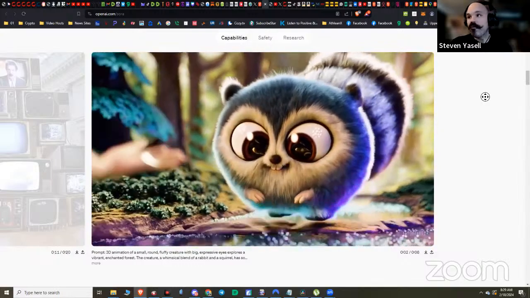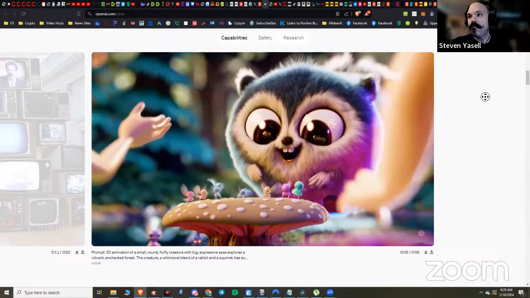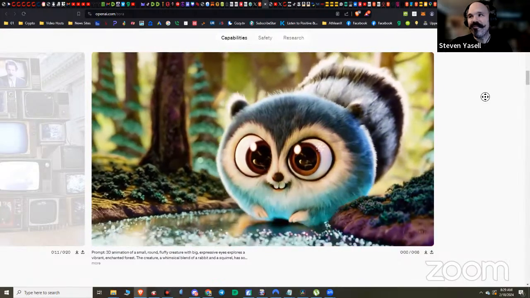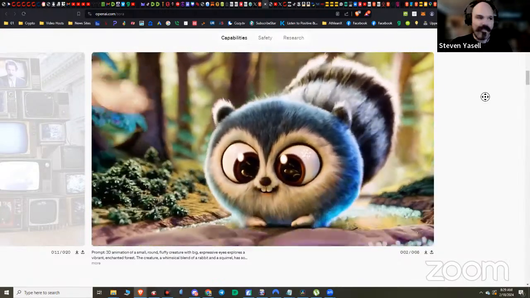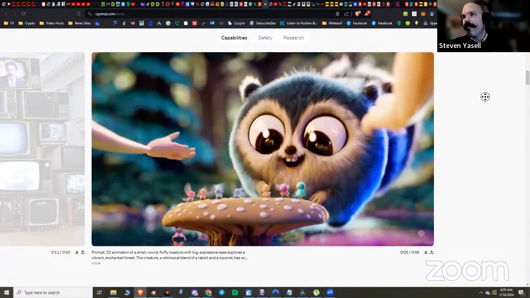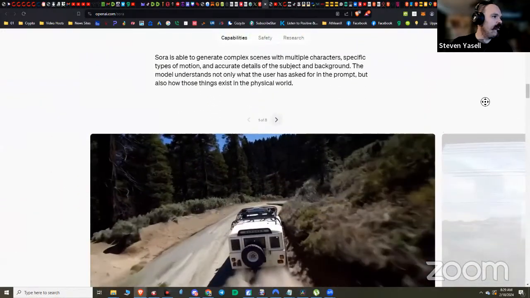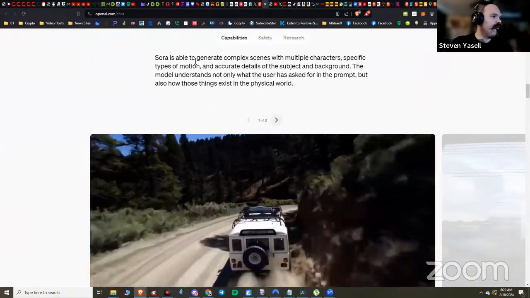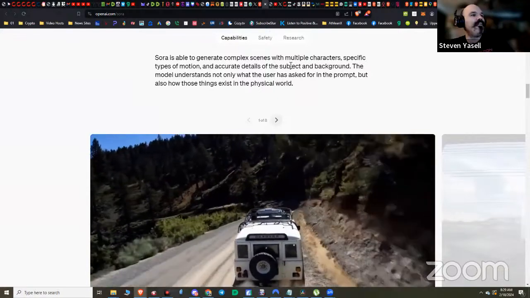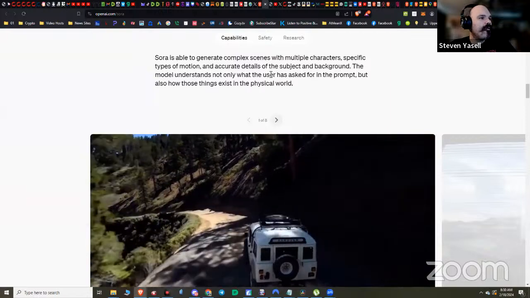You could have a preschooler say, I want to see a TV show about a talking cookie with friends from the kitchen. And this program might even generate that. Maybe we'll try that. Maybe we'll do the cookie prompt. All right, Sora is able to generate complex scenes with multiple characters, specific types of motion, and accurate details of